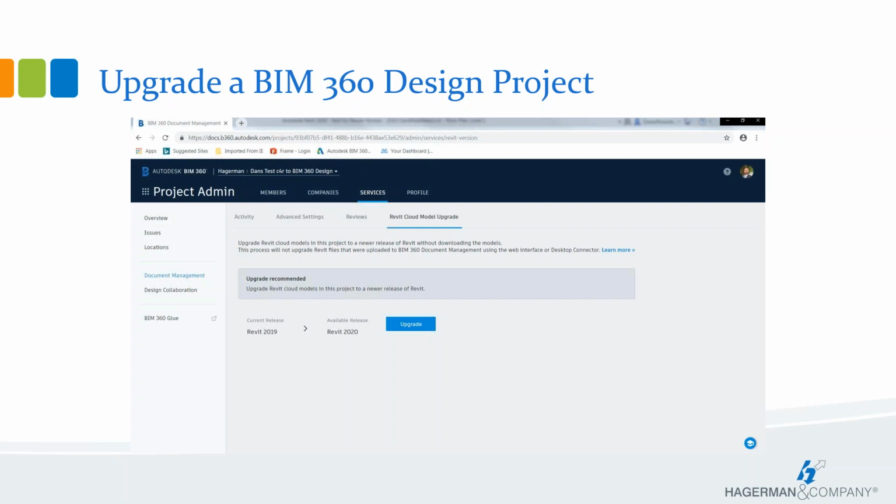So make sure you click on the little 9-dot button. Here, I'll point that out for you. That's this thing right here. So you'll click on that and then select project admin. And you can see this slide is already at project admin. And from there, click on services, document management, then Revit model upgrade. It will take a second to find the models, but then all you have to do is click the upgrade